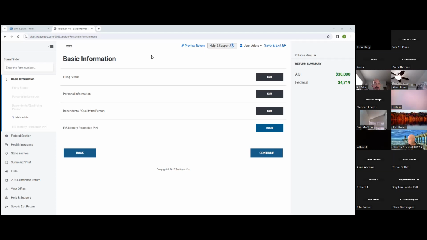All right, we're going to go ahead and get started. Okay, so I do have the 2023 software up for the practice lab. So we're going to focus on 2023. So my example is everything for 2023. And just a quick reminder, when you are preparing returns, make sure you're in the right year. I've only done this probably 100 times where I open up the software, I'm preparing a return, I realize, whoops, wrong tax year. And so I always start in the upper left-hand corner to make sure that I'm in the right tax year. So we're going to stick with 2023.